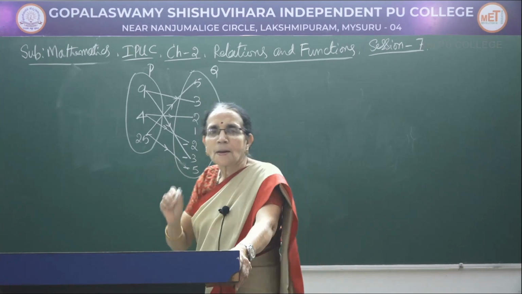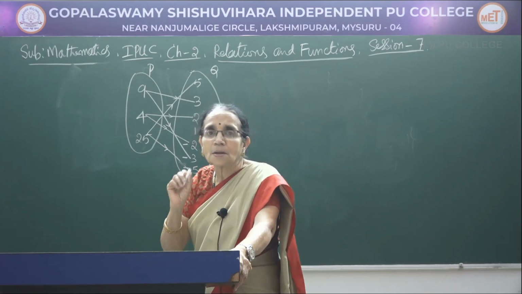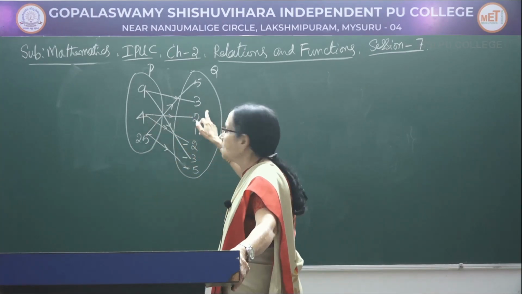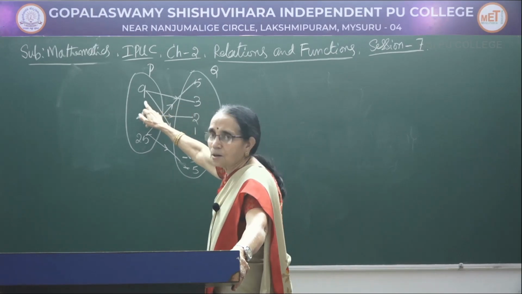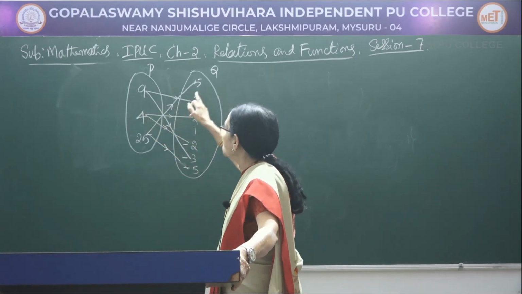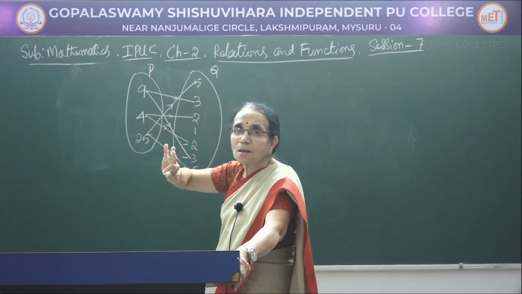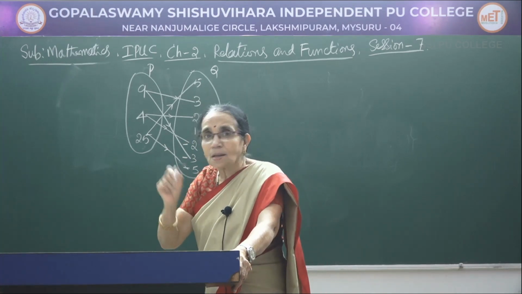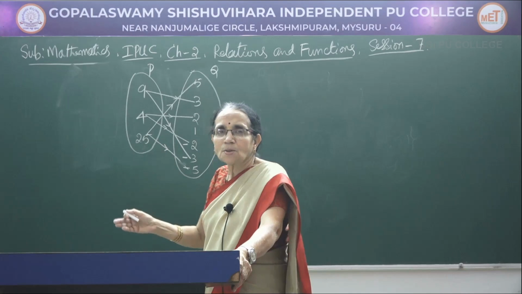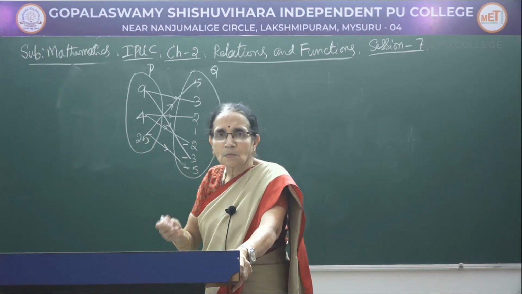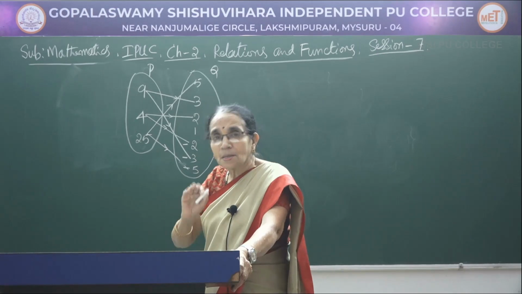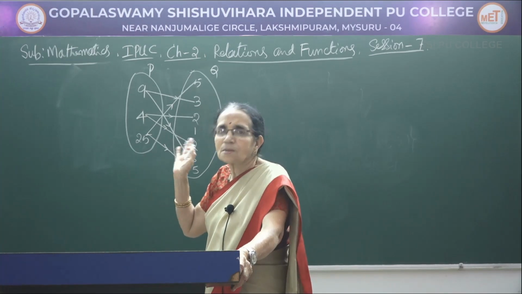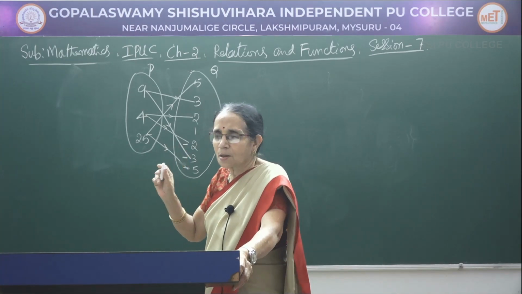So, when you write a relation, we always express it in the form of an ordered pair, that is x comma y. Suppose x belongs to the first set, y belongs to the second set, and the first set element x is equal to the square of that one. I am not giving a particular value here, it is a general relation. Relation means the set builder form is generally what you have to write. When you write the actual elements, automatically it becomes the roster form. But if you are asked to write in the set builder form, in general, what can be the relation between the elements of the first set as well as the second set, for that you have to look at the numbers and then write.